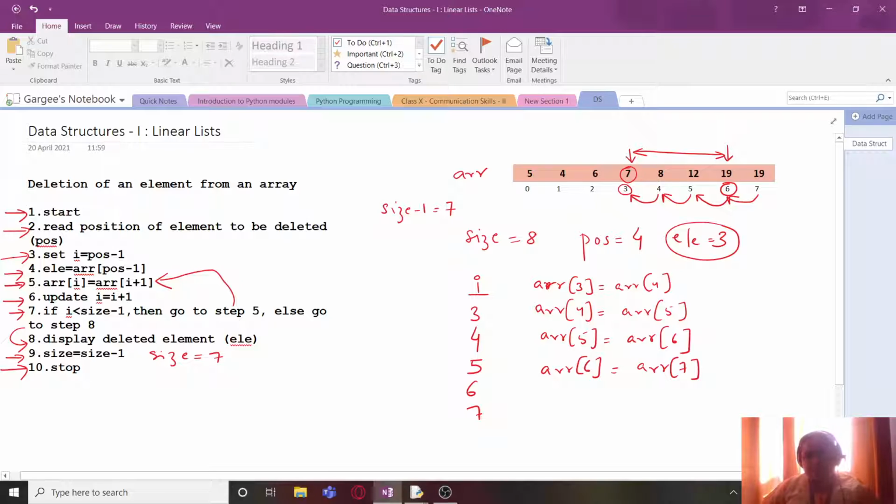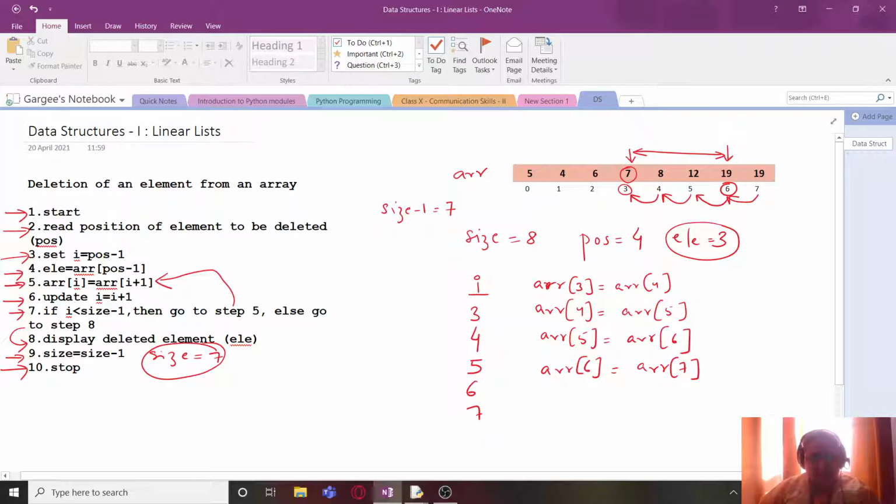we stop. In case of traditional programming languages, we don't do anything with this last element because we are already using a maximum size for the array, say 50 elements or 100 elements. So here everything is done using the size of the array. So we normally don't have any function which directly prints the array. We have to use a for loop in order to access the elements of the array.